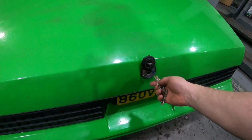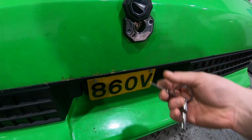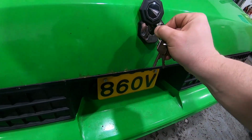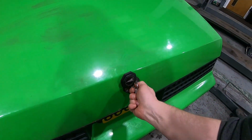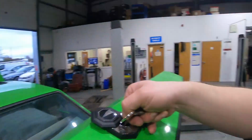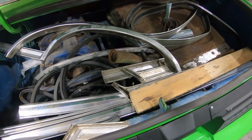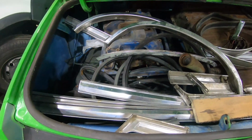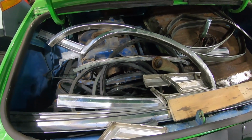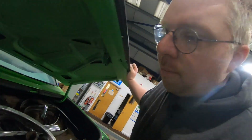So if I open up the boot, apparently this has had an upgraded rear end as well for drag racing, which I know nothing about. I'll pick a key, see if it works. There we go, that's heavy. And that should be all of our, oh, there's my fuel tank. That should be all of the interior trim. There's lots of chrome. No, that's bumpers or wheel arches. If it's wheel arches, I'm tempted to leave them off, to be honest. Oh, sun visors,